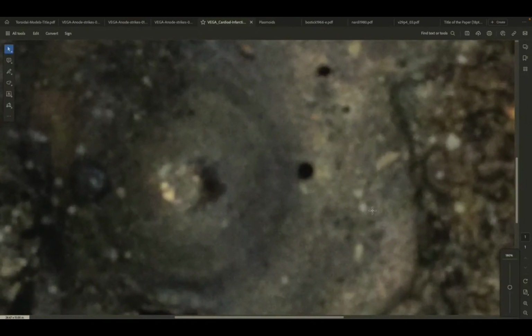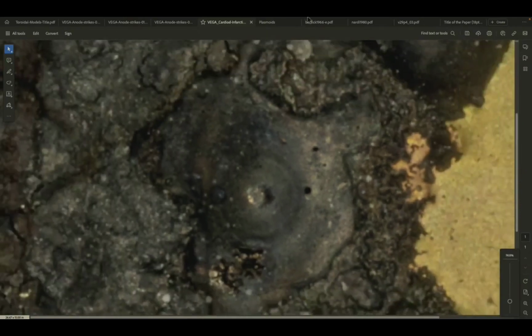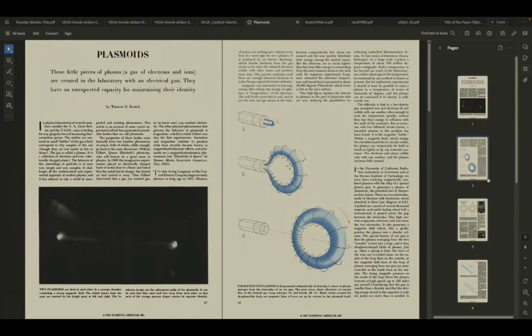This is a pillar, and then you have this area around here. So anyway, those are the kind of things. But where did this journey start from? Well, one could argue that it started from the work of Winston Bostick, and this is, I think, his 1957 paper, 1956,